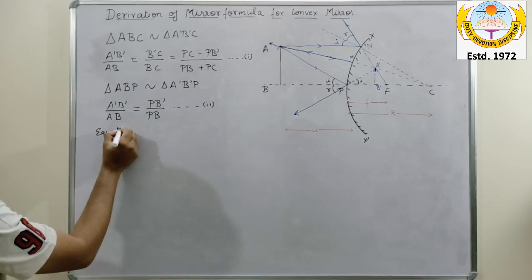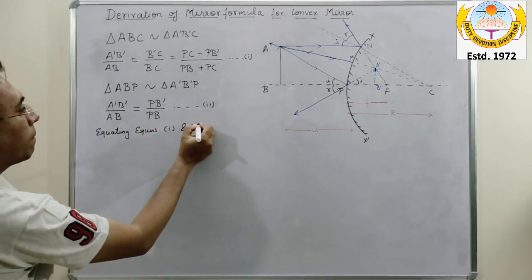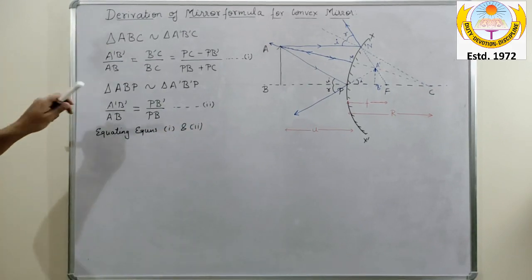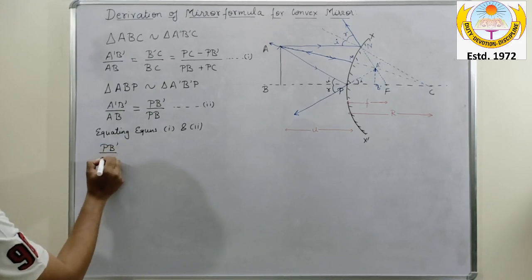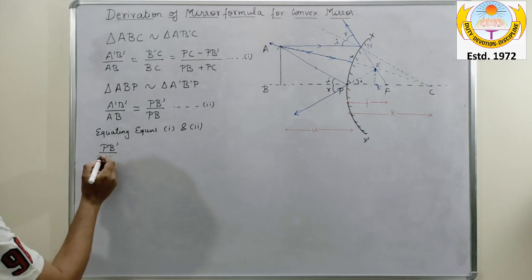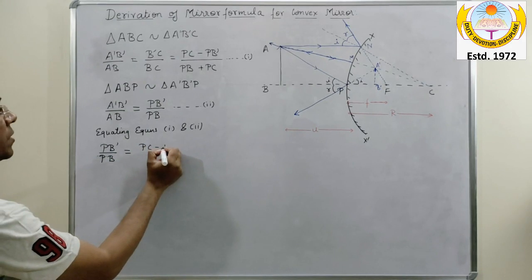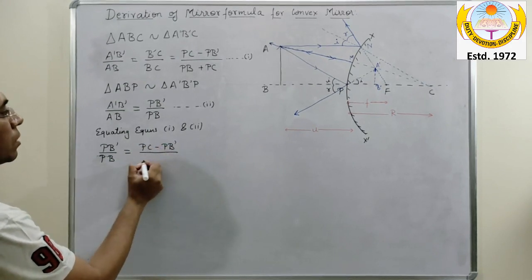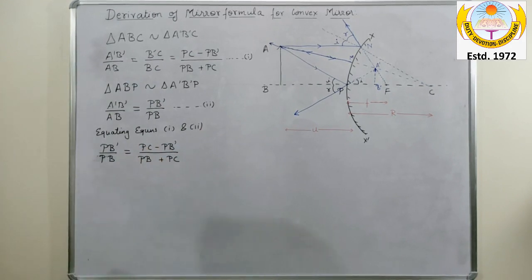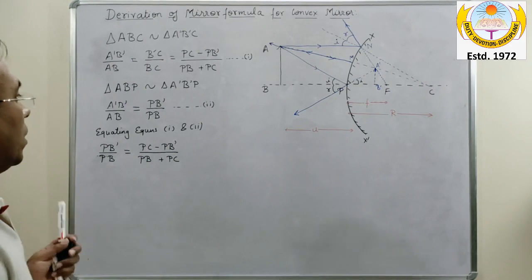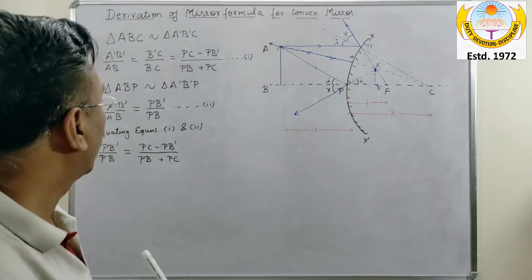Now equating equation 1 and equation 2. Now if I equate these two equations, I can write over here PB dash upon PB equals PC minus PB dash upon PB plus PC. Okay. Now after this, what we need to do over here